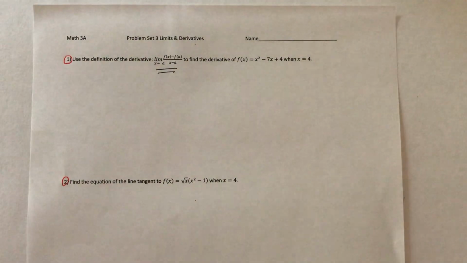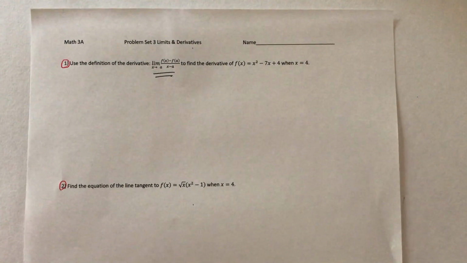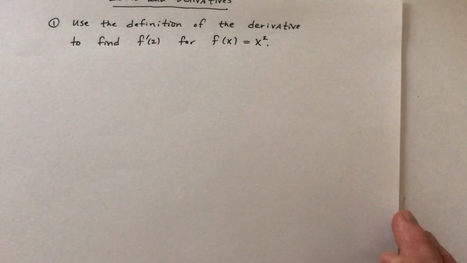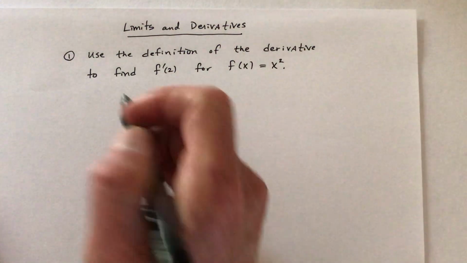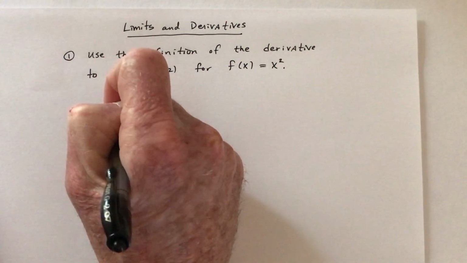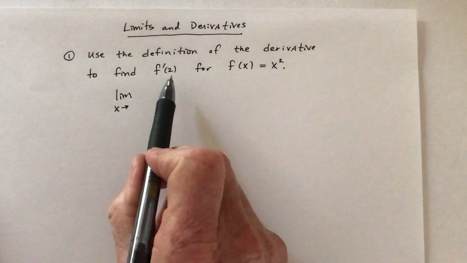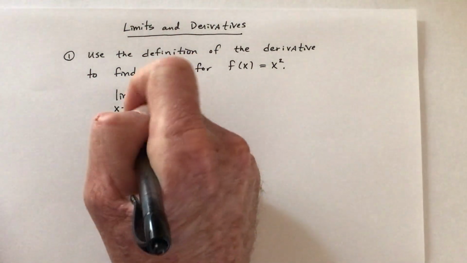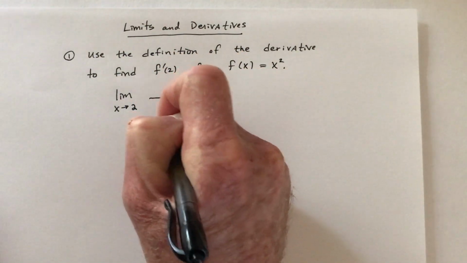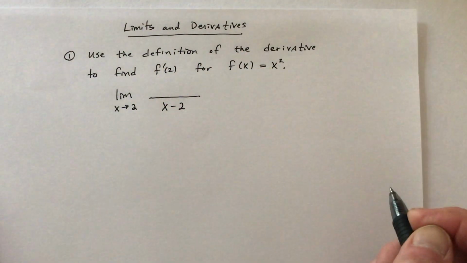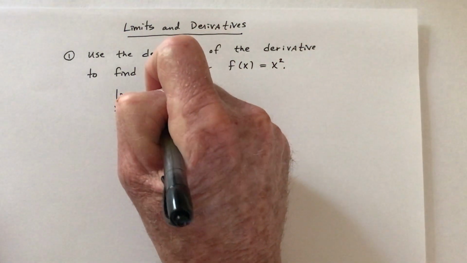I'm going to change the problem. I'm going to make it x squared. So using the definition means take the limit as x approaches whatever number is being talked about. That's a 2. And then on the bottom goes x minus that number. On the top goes the function itself, x squared,